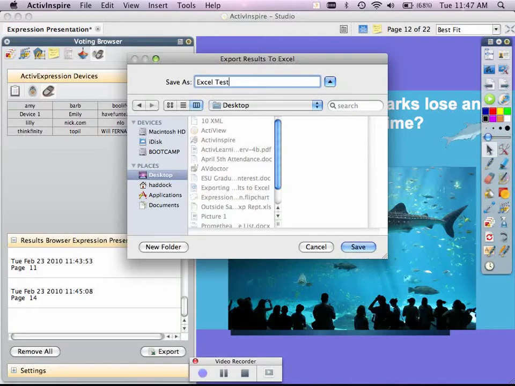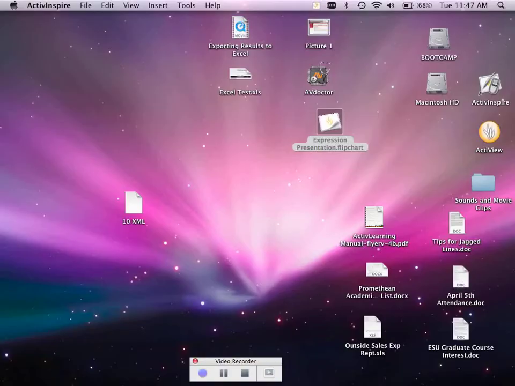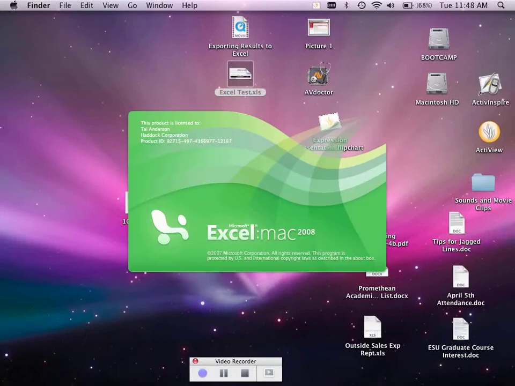So if I go ahead and export this to my desktop and I save it, I can minimize my flip chart, and now I can take a look at my Excel spreadsheet I just created. When I click on it to open, it's going to show me a summary page of all questions and answered, as well as it will give me the tabs to break out each question and answer that pertain to each